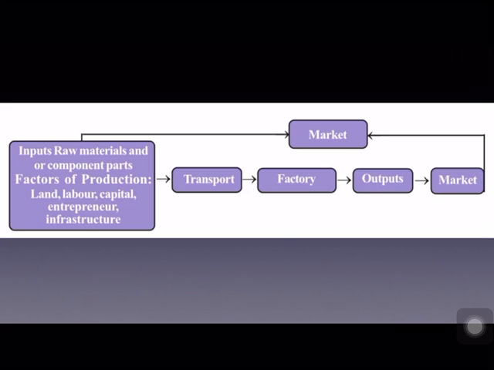And this output is again to reach the market. We need transportation again. These goods which are produced in the factory have to reach the market for sale. And this is what is shown in the chart. First, raw materials and component parts have to reach the factory for starting manufacturing or production. And in the factory, manufacturing activity takes place and production starts. And production is ready now. Production is called output. Input means raw materials which are used in the production process. Output means production. And these produced goods are also to reach the market. They need transportation. And again, from the market, some raw materials or component parts are purchased.